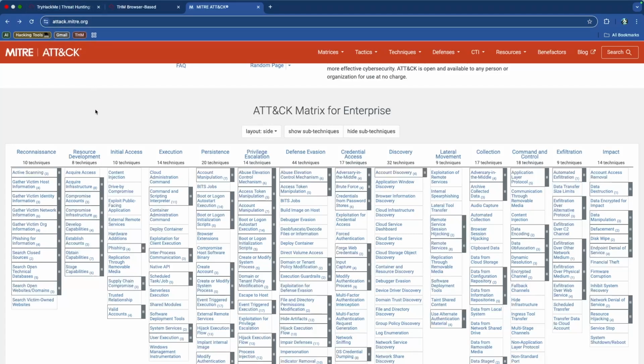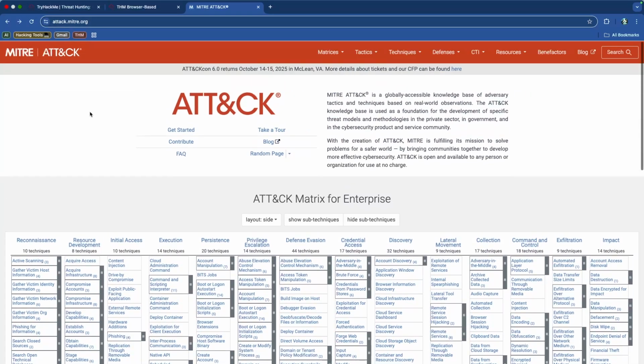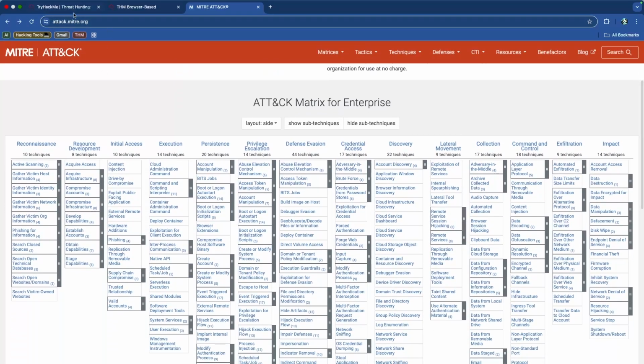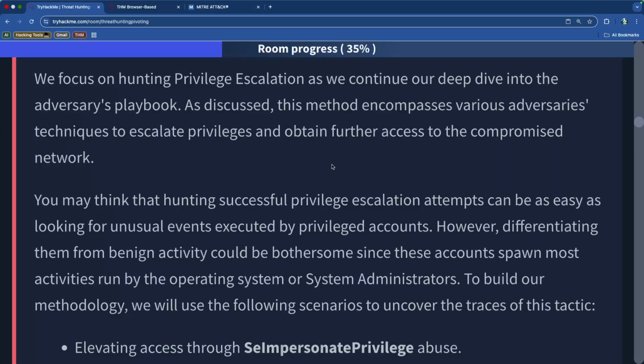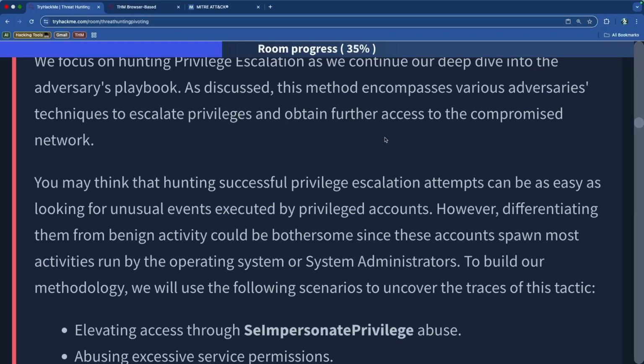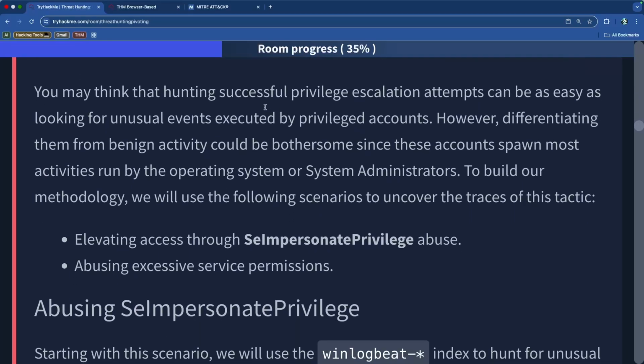They have gathered everything that they possibly can based on actual attacks that were taking place and put them inside of this giant database for you so that you can understand what their playbook is. So there are a variety of techniques that you can use to escalate privileges, and we can think that hunting